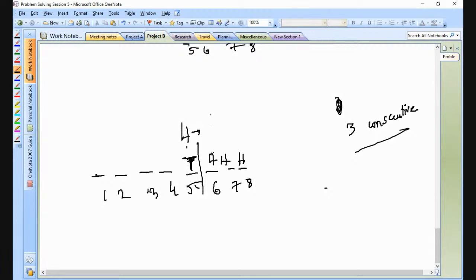So it all depends on the ending term. We have to see the ending term. So if it is ending by H, then we check if there is a possibility of getting one head or zero head or two heads. Okay. Then we can say that if it is ending with H, then we have to restrict ourselves to two heads only, maximum, at the fifth position. Because at the eighth position, we don't want the head.